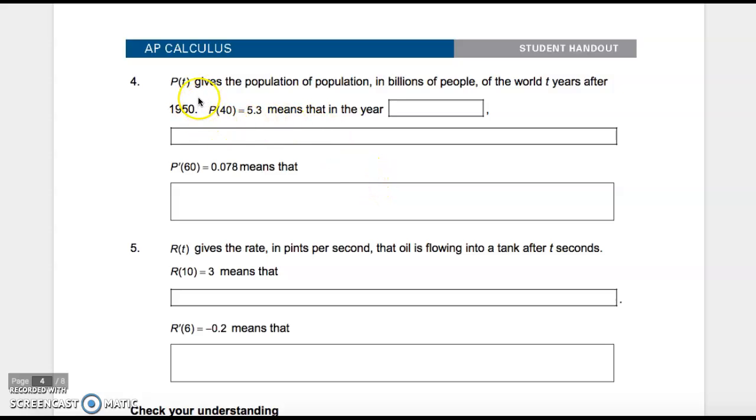All right, let's compare the P of t. So P of t gives the population of people in billions of people of the world t years after 1950. So P of 40 equals 5.3 means that in the year, let's see, 40 years after 1950, so in the year 1990,